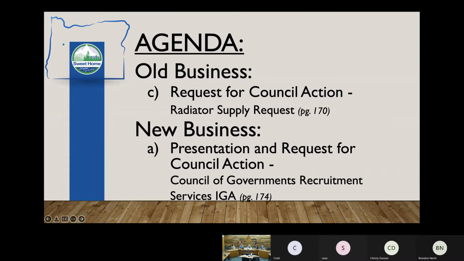Madam Mayor, I think that's a great idea, and I would make a motion to do that. Just put a hold on all economic development funds until after our budget season is done. I'll second that. So there's a motion and a second to put a hold on the economic development funds. You would like clarity on that, right? Does it need to be clarified, Brandon?